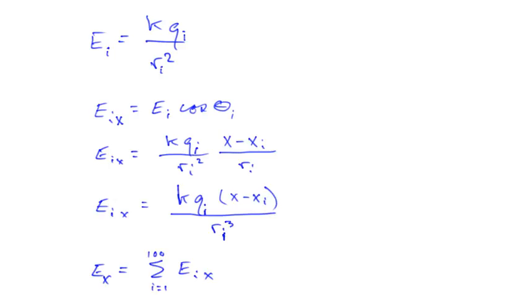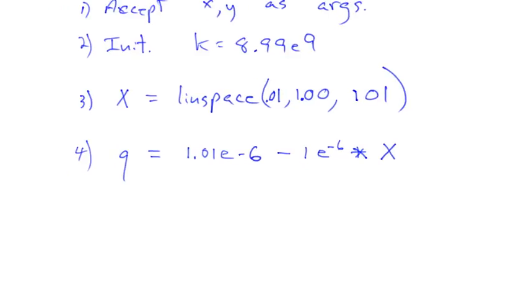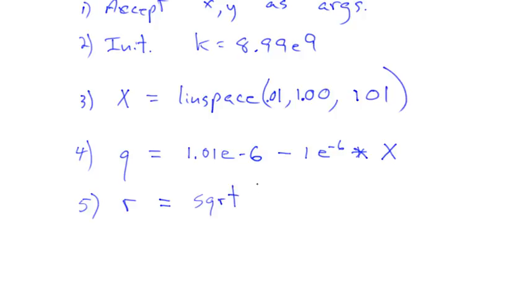And let's see if I'm ready to get... Oh, how about the R's? So I've accepted x and y as arguments, so they're known. They're two values, one value of x and one value of y, and they're the coordinates of the empty point in space where I'm calculating the x component of the electric field. So I'm going to say R is going to be an array as well, and it is equal to the square root of x minus,